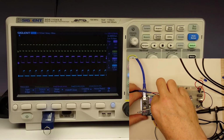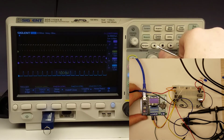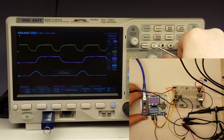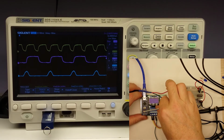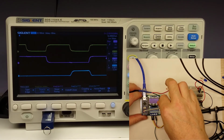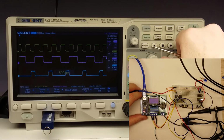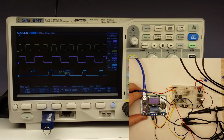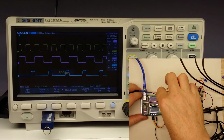So here's 200 kilohertz, and here's 5 megahertz. Let's zoom in. Yeah, that's kind of a mangled mess there. Not a whole lot of sharp edges on that. Let's crank it back just a little bit. And there's 1.4 megahertz. That's not too bad right there. That's probably pretty readable. So somewhere above 1.4